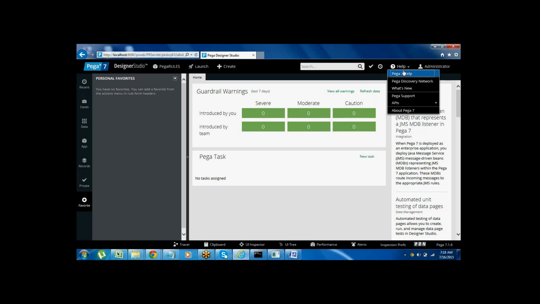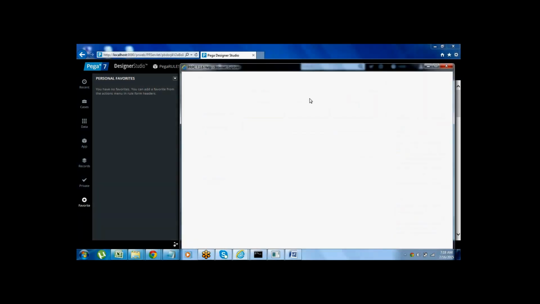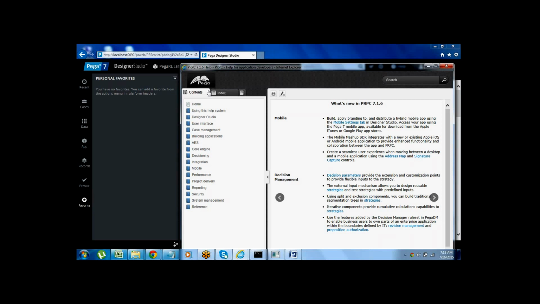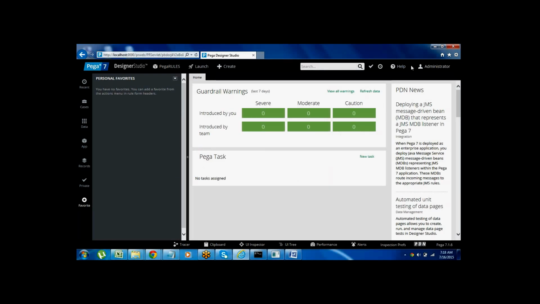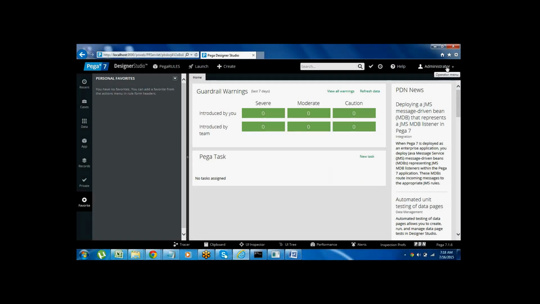And Pega help: Pega internally contains help files, all the APIs. So total support, everything you'll get from the Pega 7 help. It is the best material, guys. You'll get overall information about this Pega PRPC. For each and every topic they give details. Once you install the software, you automatically get the Pega help option.